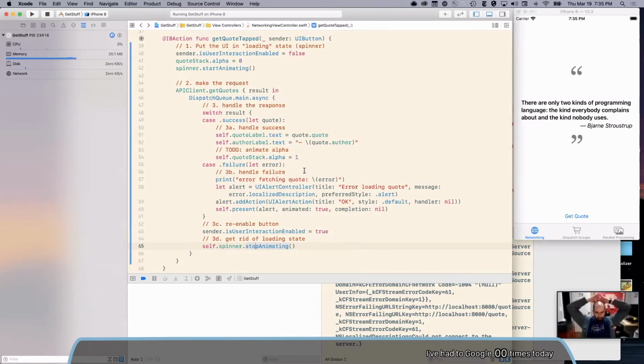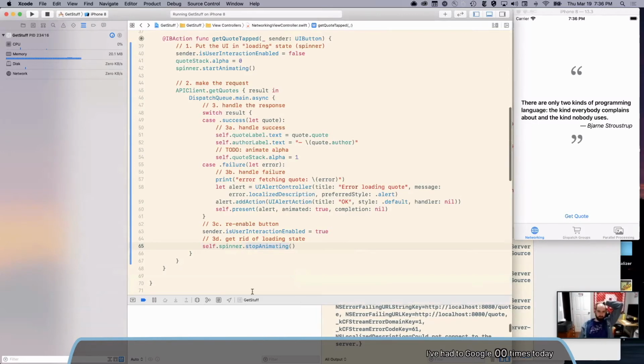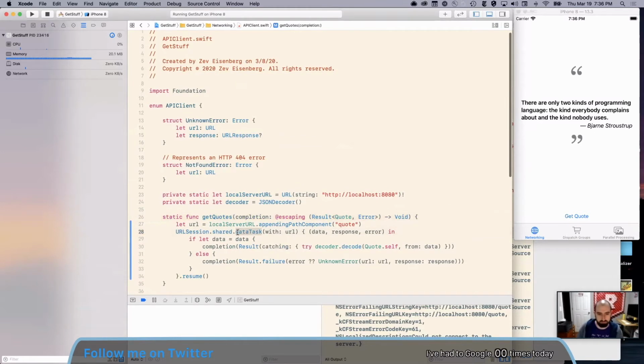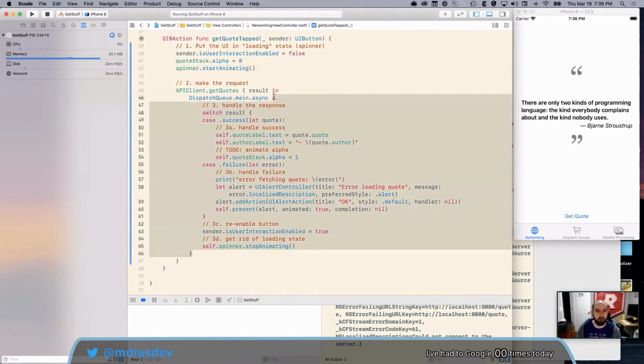It covers a fair bit of ground, but this is the 95% case of what you're gonna be doing with queuing and async stuff. So we talked about doing stuff in a closure with some bit of code that takes a closure and wants to go do stuff in the background, wrapping it up in a result, sending it back in the completion, and then taking the result and putting it on the main queue.